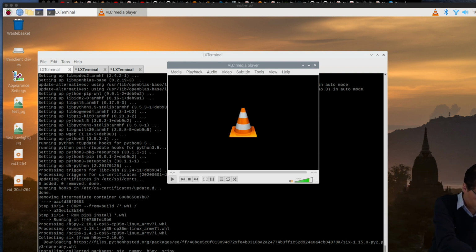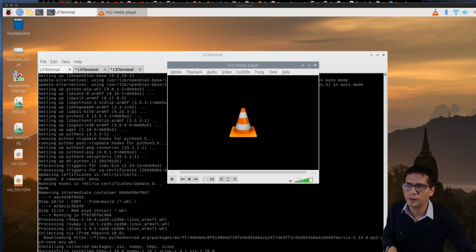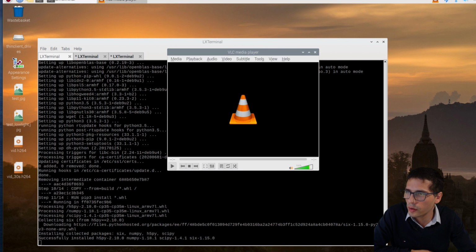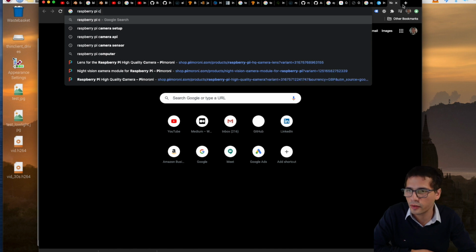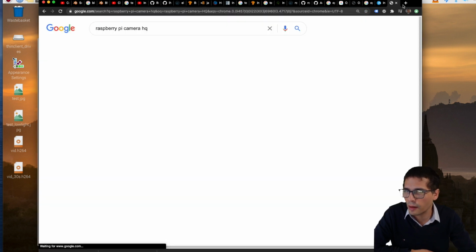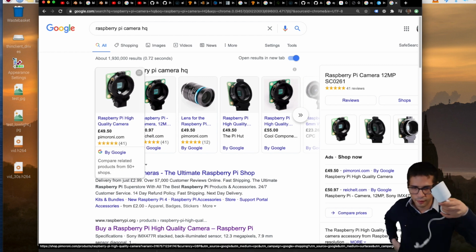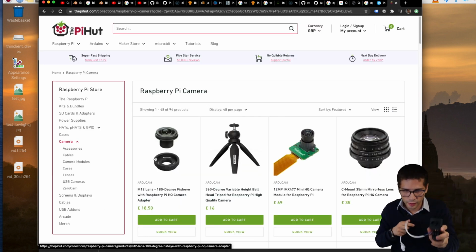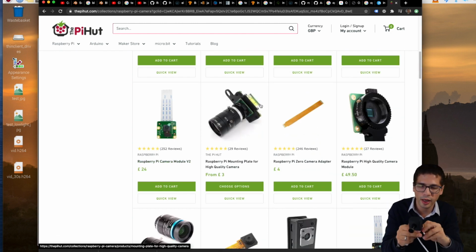Or there's another option. Raspberry Pi has launched a new camera called the Raspberry Pi Camera HQ, but I find it a little bit expensive. This is just for the board, costs you £50, and then if you actually want the lens, there's another £50, so it costs you £100. But it's a much better camera than the one I'm using right now. But I think these cameras I have are even better. Especially this one. It's a small camera, but it has a low light sensor, so you can actually record in true color at night.